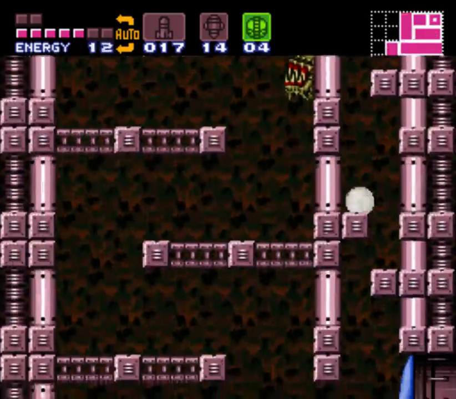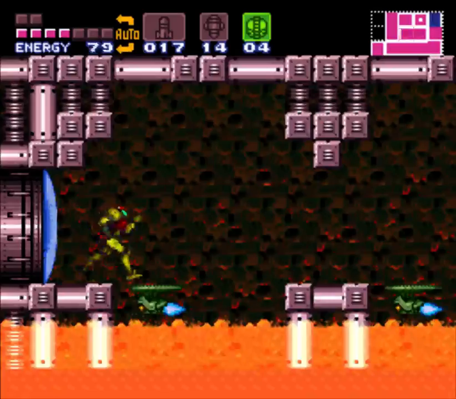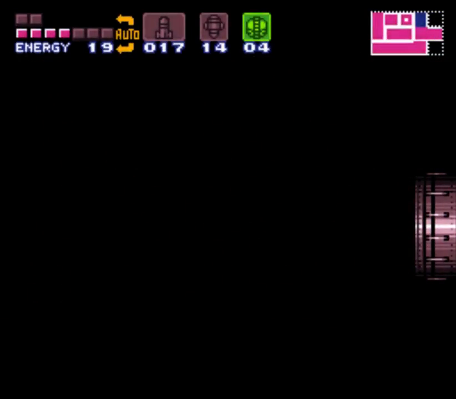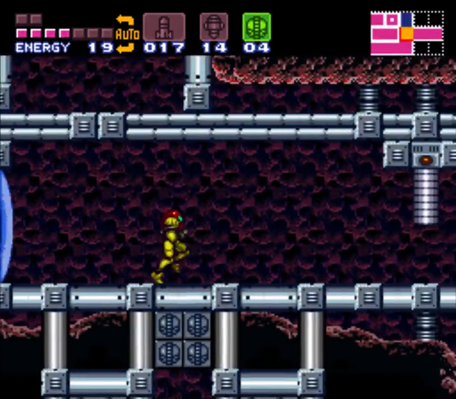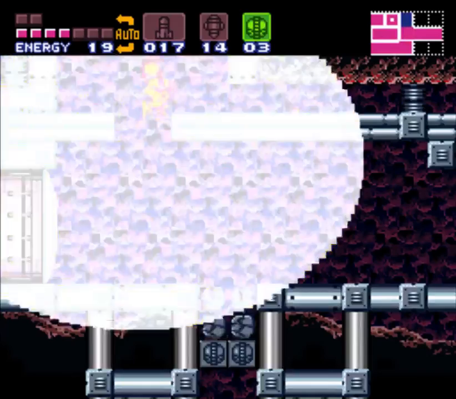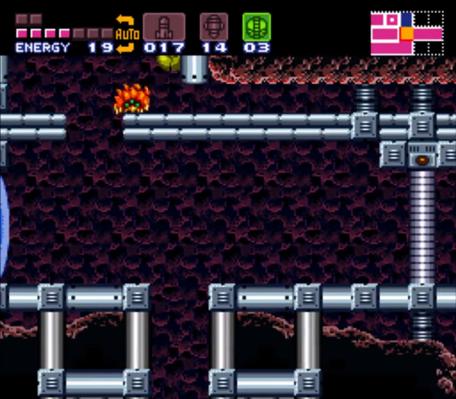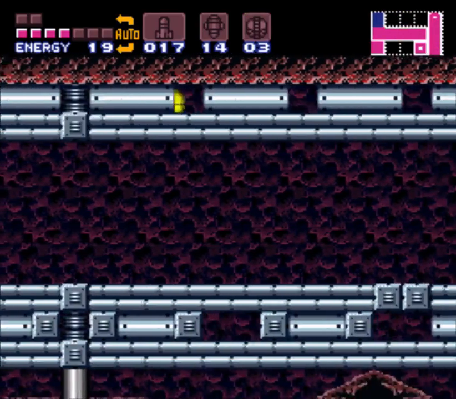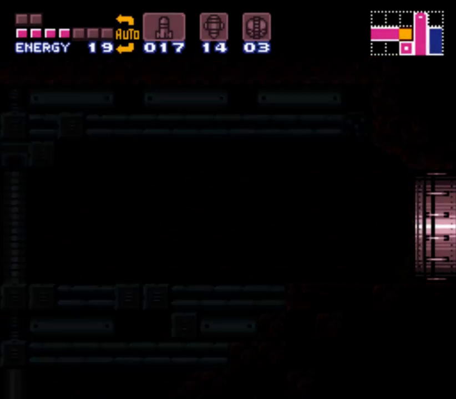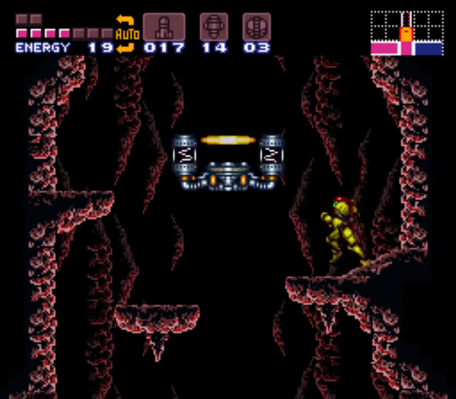Anyway, we need to leave, so we just have to leave the way we came in. So, that room with the... I probably didn't need to power bomb that. Hey, what's up? Hey, no. Yeah, I don't have the 10 power bombs for that, so...